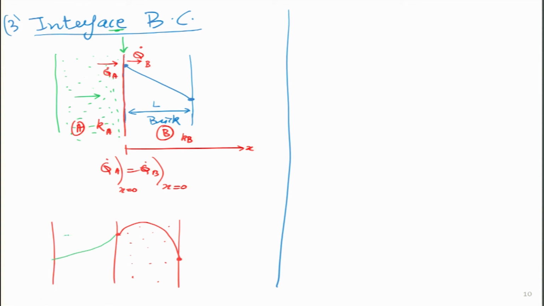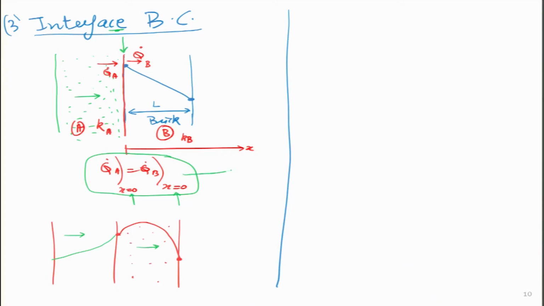Which means that q dot is not the same throughout over here and here, but nature always tells us that at the interface it has to be the same. And how do I make sure I am communicating to everyone that it is the interface? I am putting the value of x, that both these things are true only when x equals 0, because x equals 0 is the interface between these two walls. I hope you will be able to get the point nicely, which means now I can write what q dot A is. It is simply minus K A del T del x at x equals 0.